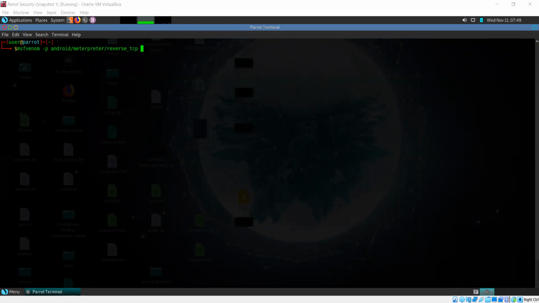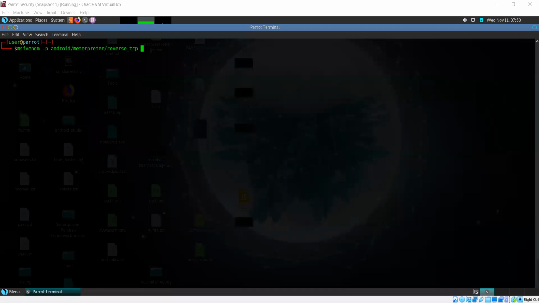See, if I want to create a reverse shell, I must be able to get my malware, whatever I'm creating, to connect back to my system, because that is what a reverse shell is doing. Your target is initiating a connection back to your system. So for that, it needs to know your IP. It needs to know where to connect. So LHOST and LPORT parameters need to be set. LHOST needs to be set. That is correct. And LPORT needs to be set.